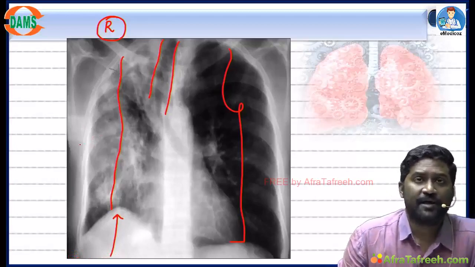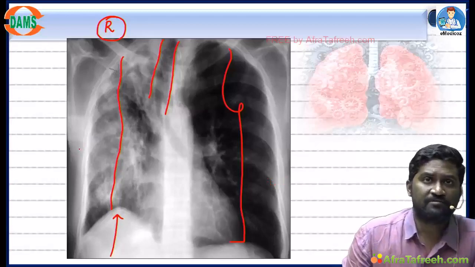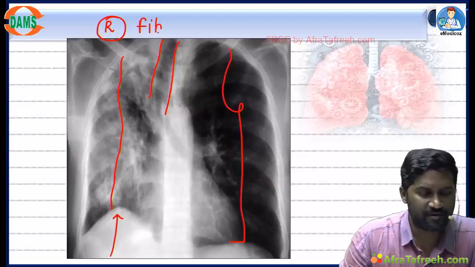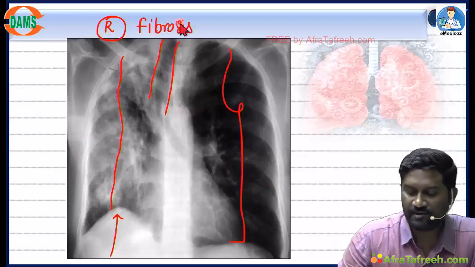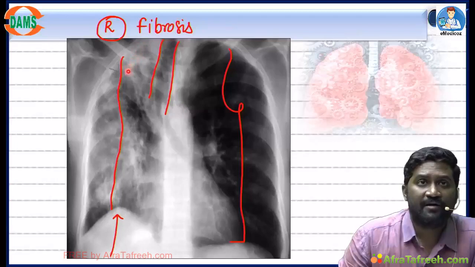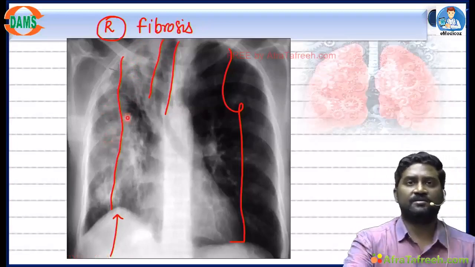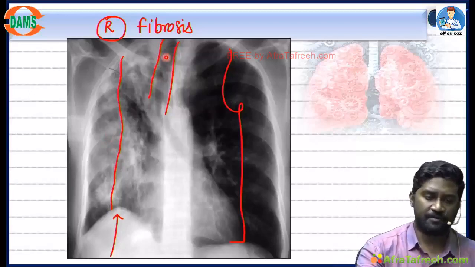a whitish area. And this whitish area, is it homogeneous or heterogeneous? It is not densely white. It is heterogeneous. So it has to be right fibrosis. So you can see there is a right pulling lesion, right side disease, right side the trachea is pulled, and it is right heterogeneous density. The answer should be fibrosis.